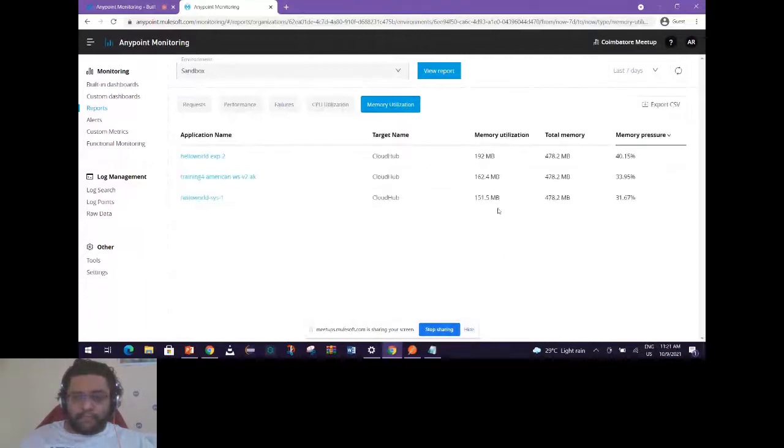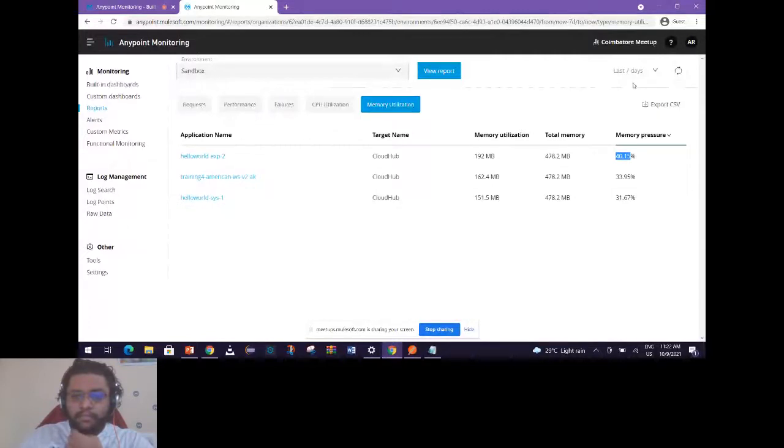The memory utilization, like the name suggests, will show the total available heap memory that you have, how much you have utilized, and the percent of memory utilization. This is important again to scale your applications if and when required. The operations team or the developers can pull out a report, because it can be exported on a daily basis or anything like that, to monitor it from a scalability perspective, like if there are any applications that may require scaling up or scaling down, horizontal or vertical scaling.